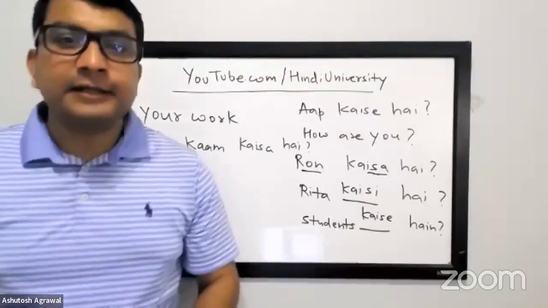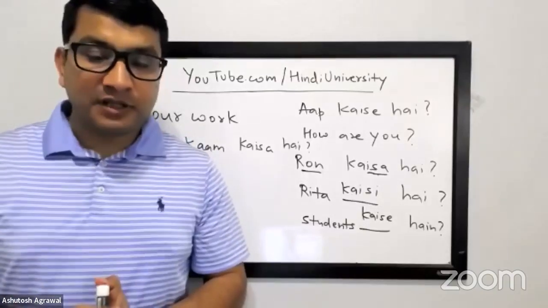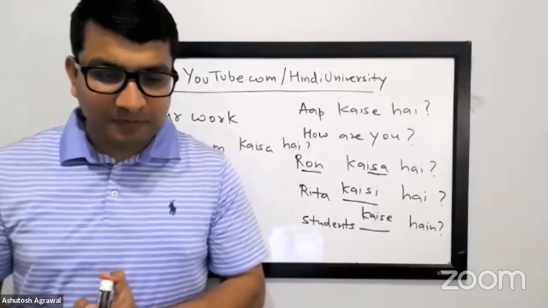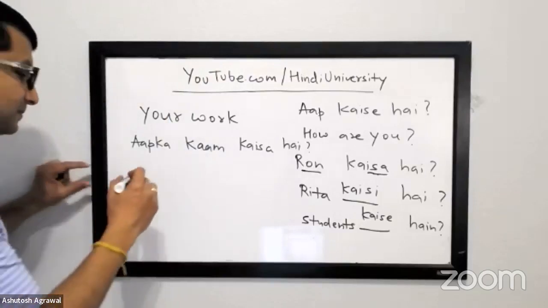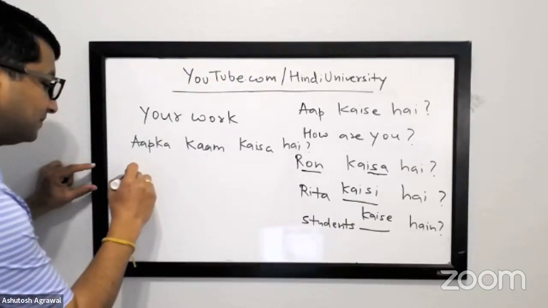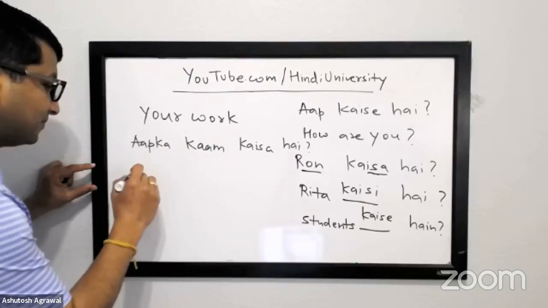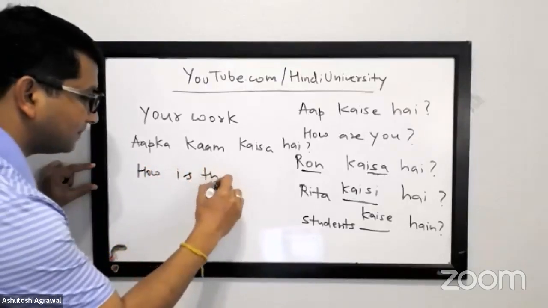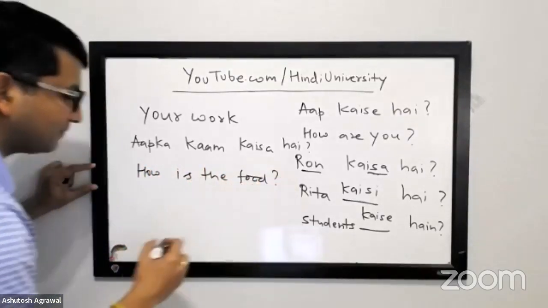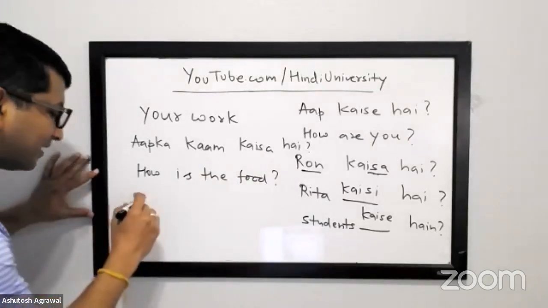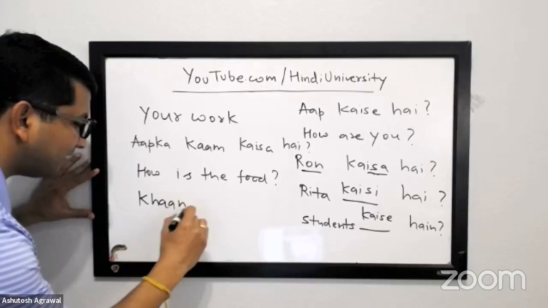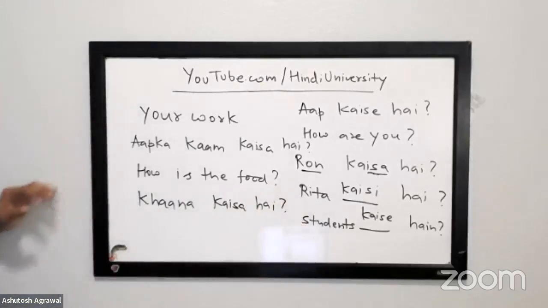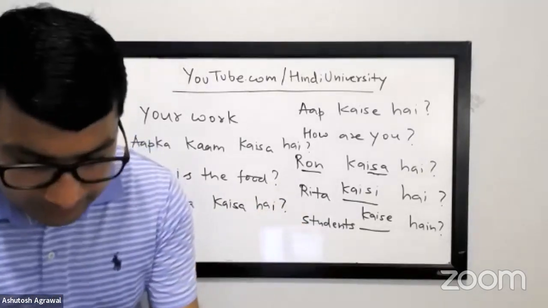Let's say you are eating food or someone you're sitting with is having a meal and you want to inquire about how's the food. Daniel ji, how will you ask them? How's the food? आपका खाना कैसा है? Or just basically, how's the खाना food? कैसा है? Very good. खाना कैसा है? Awesome. खाना कैसा है?